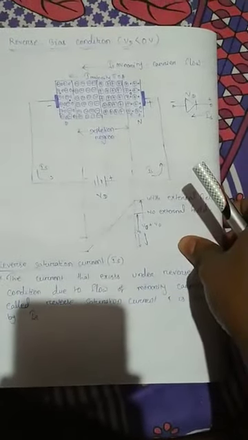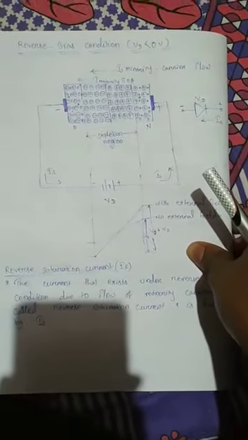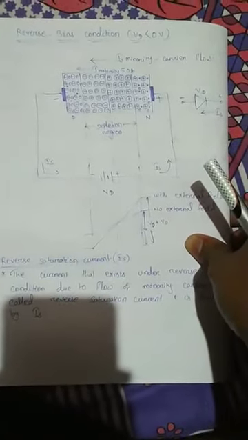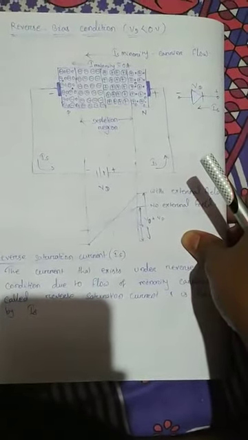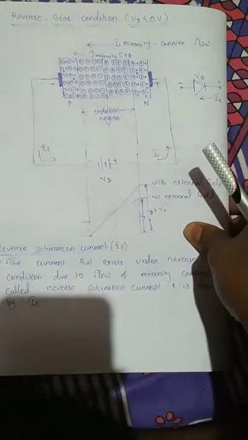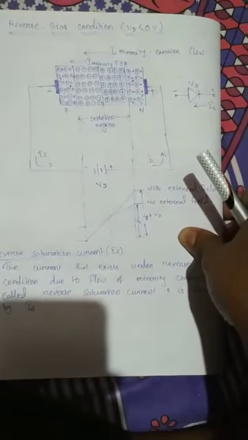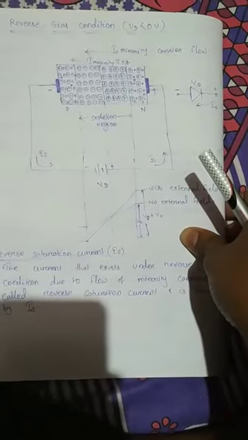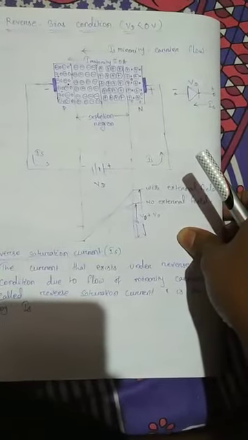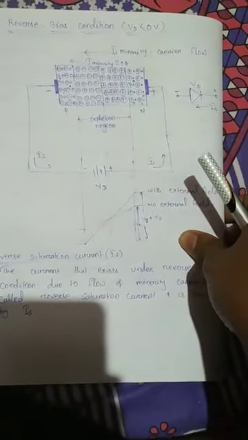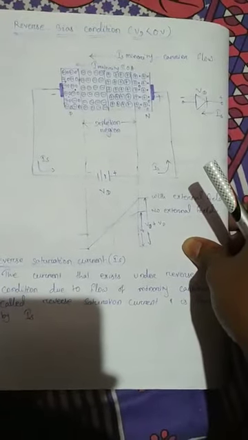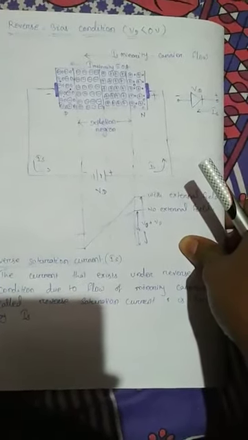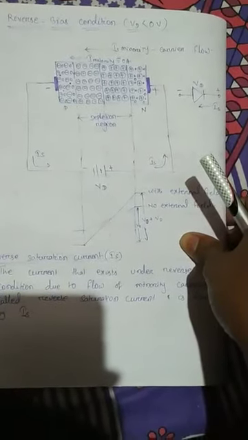Welcome everyone. In this video lecture, we'll discuss the forward bias and reverse bias conditions of the PN junction diode. In the last video lecture, we discussed the unbiased condition of the PN junction diode. In unbiased conditions, the diffusion current is equal to the drift current. The diffusion current of the majority charge carriers is equal to the drift current due to minority charge carriers. Therefore, the net current flow in unbiased condition through the diode is 0.